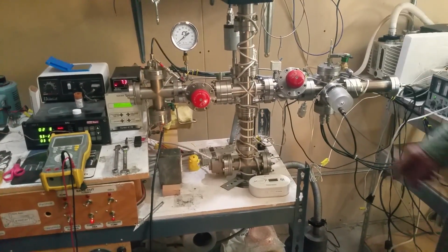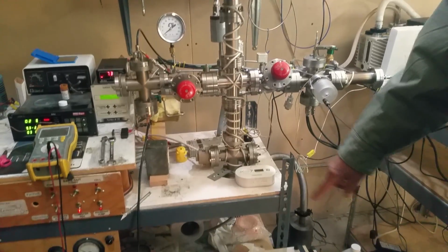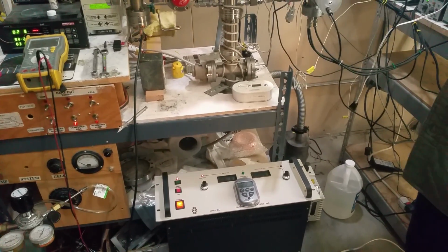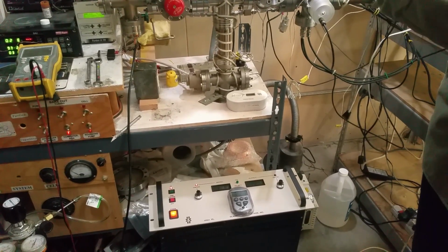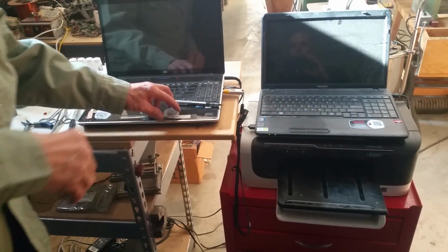And right now the sample is being sputtered using this power supply, gradually building up a material on a target that I'm hoping will be active. And the target looks